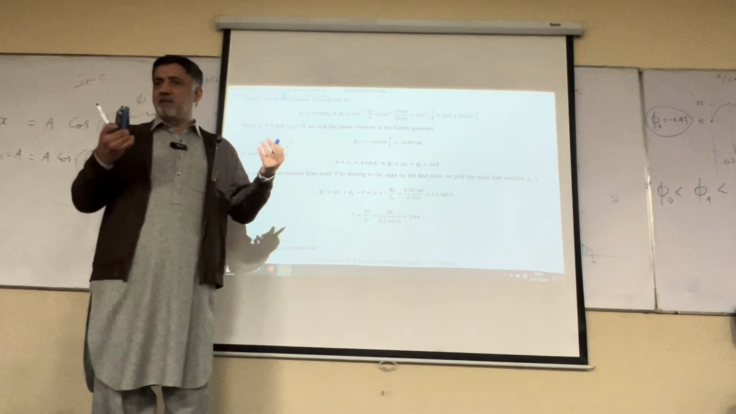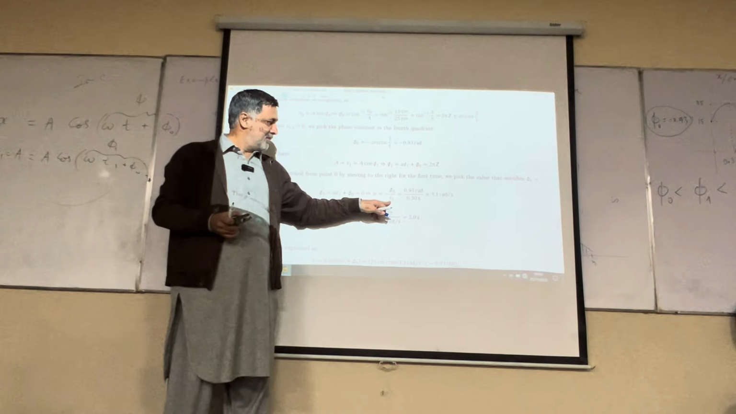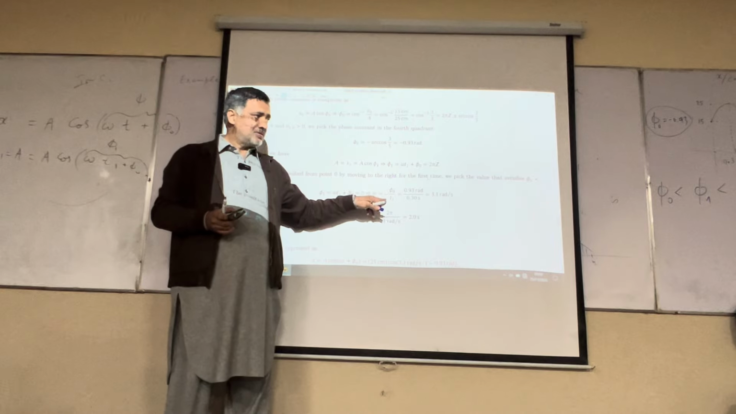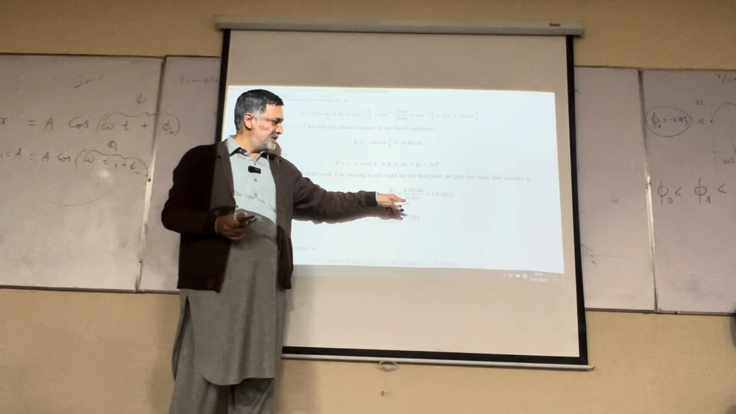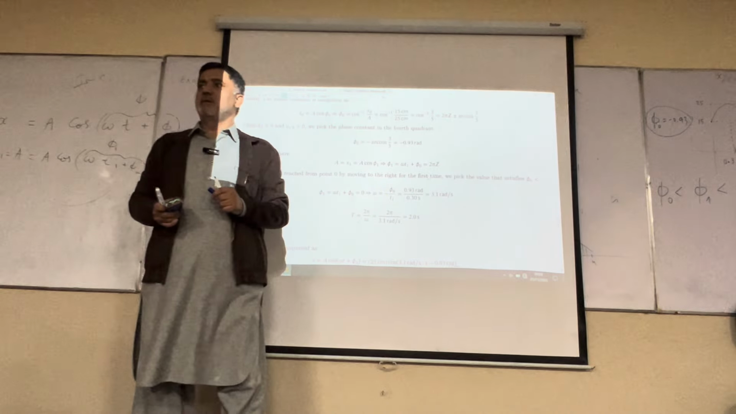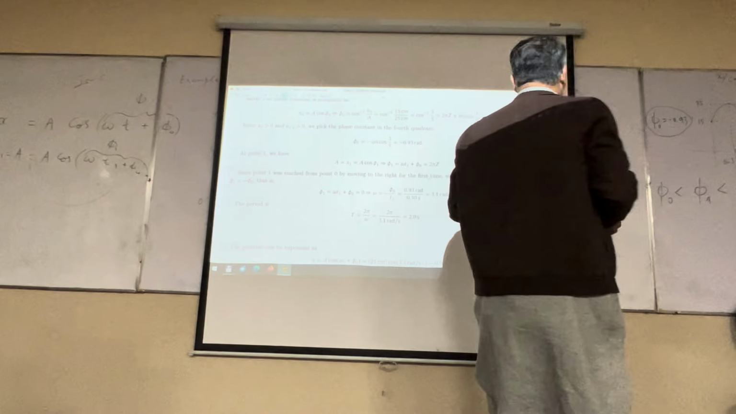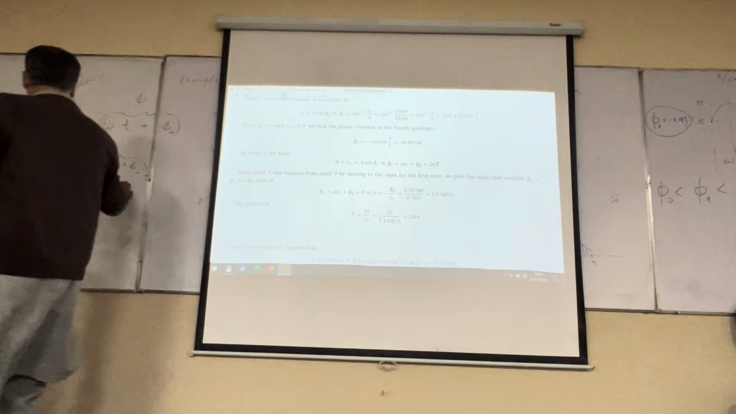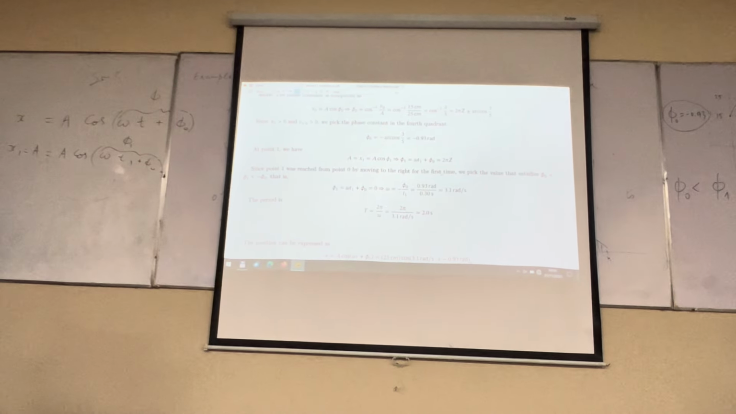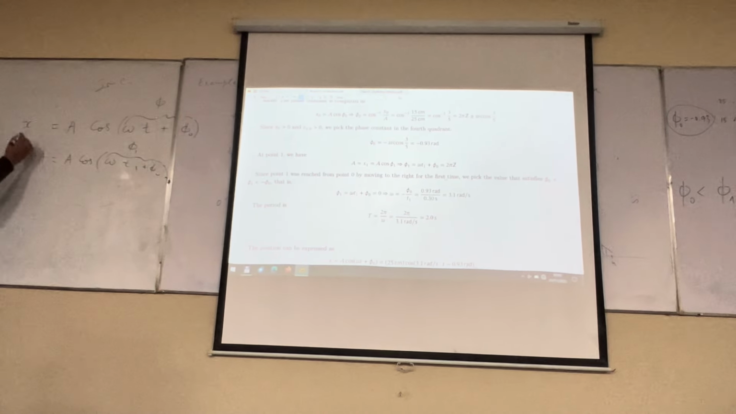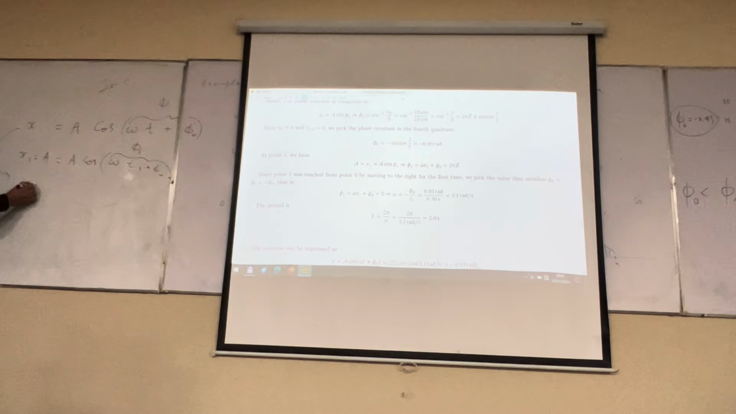So you now solve this, and because that equation has omega as the unknown, you can solve it. So omega is minus phi naught by t1, and that is 3.1 radians per second. So now I can get back to this equation. What do I know? X1. Now I get back to this one. X equals